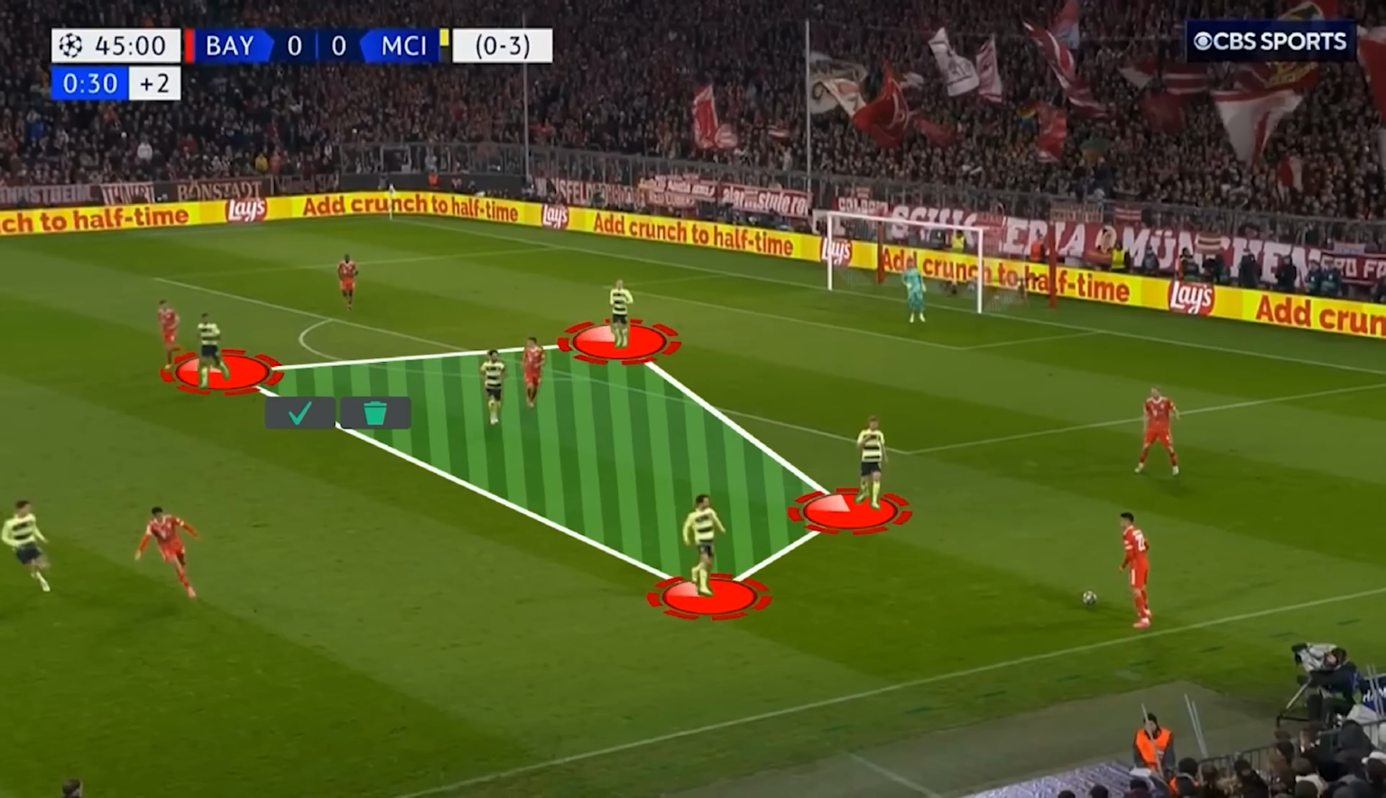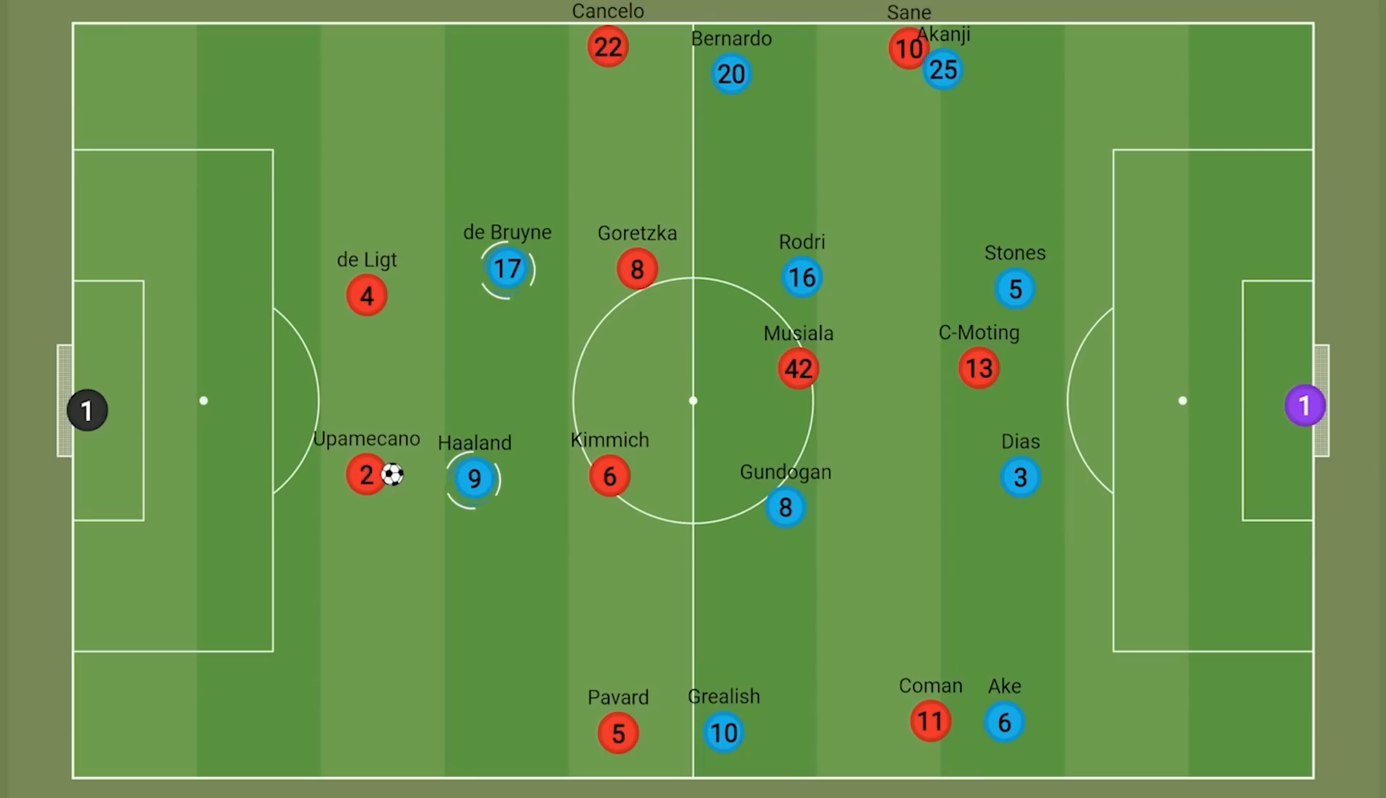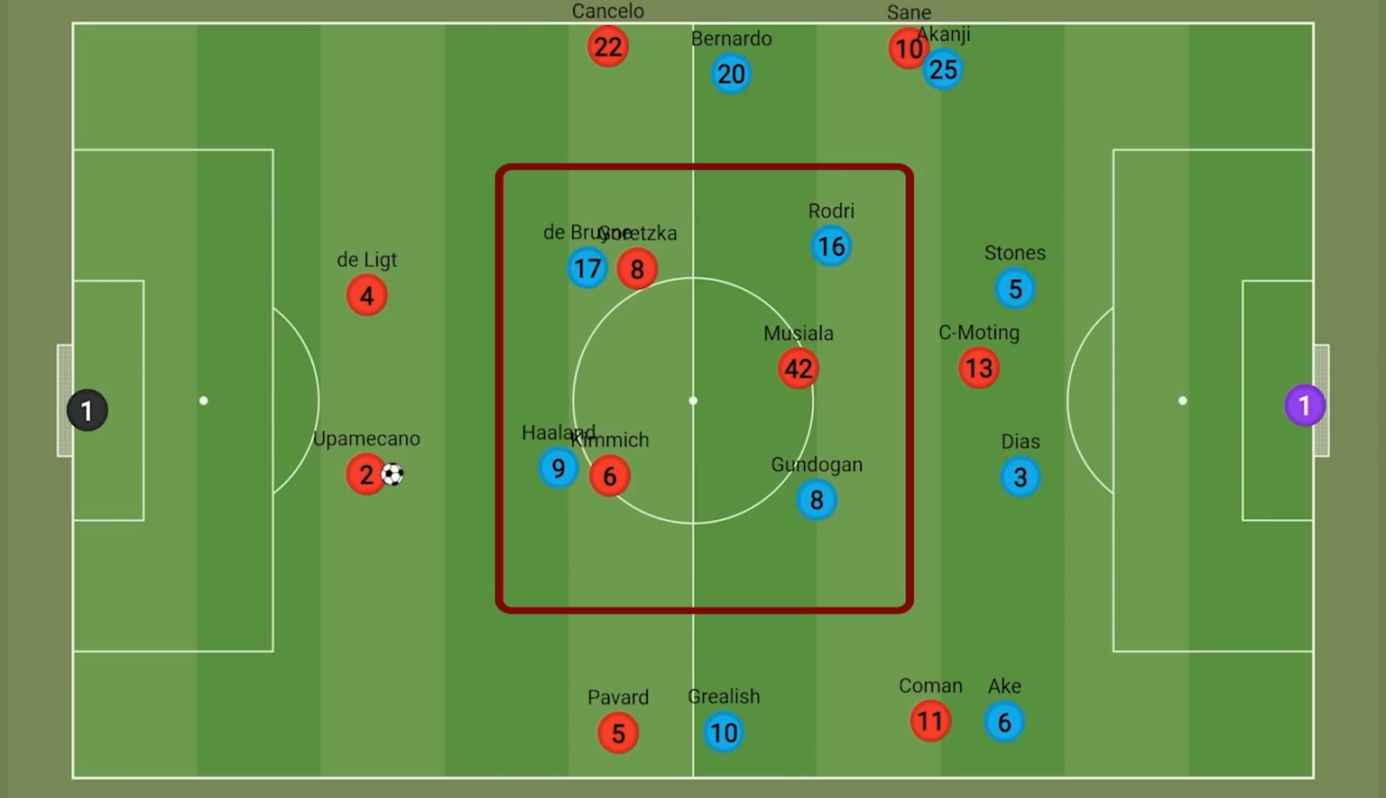Once again, the pressing 5 with the double pivot of Rodri and Gundogan high. And in this case, Stones has opted to push high up to cover Musiala. And in this front two, City would have two options, as they could push up onto the centre backs with the pivots looking to cover, or stay deeper, and either way, City still found themselves with numerous problems in the